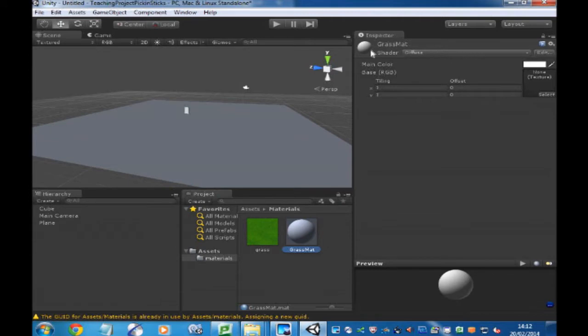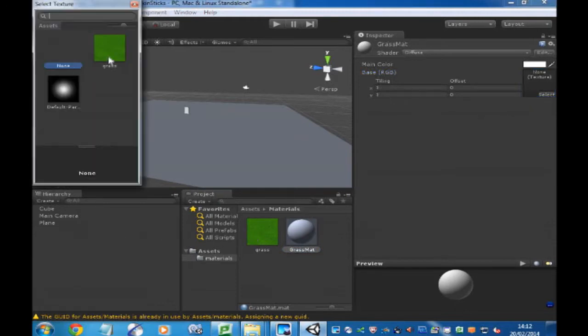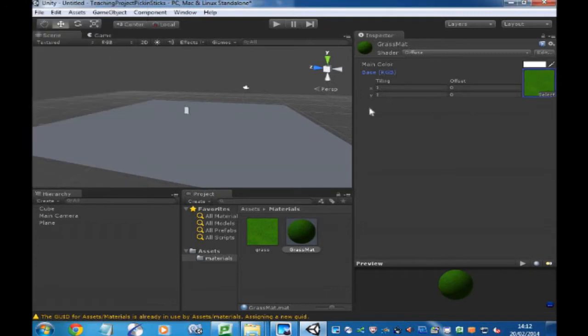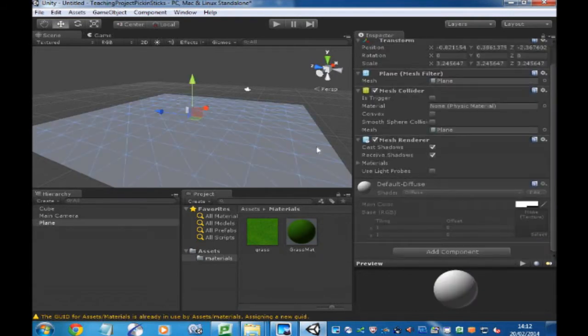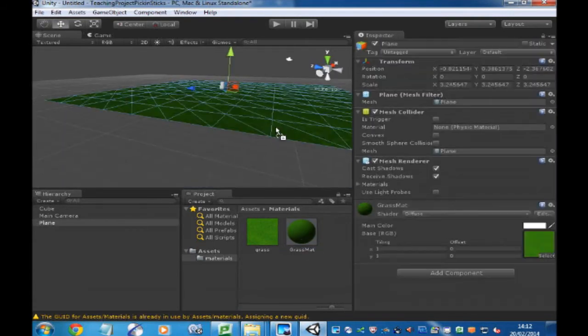So here is the material, and as you can see, it just wants the texture. You can just drag the texture inside here, or select and use the grass texture we got. So that's the material, now you can apply this material to your objects. For example, on the plane, we can just drag this on the plane,